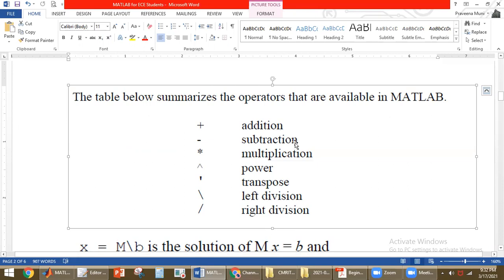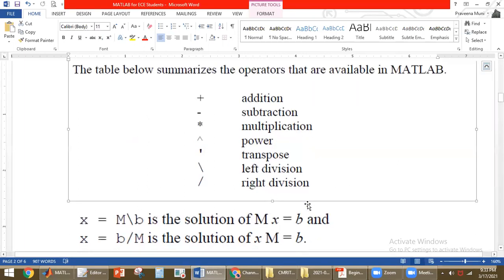Similarly, to perform subtraction, the matrices should have the same size. Whenever we are performing multiplication, the matrix inner dimensions should be the same. Otherwise, you cannot perform multiplication. Then we can also obtain the power of a matrix, and the transpose. Transpose is nothing but converting row elements into column elements and column elements into row elements. Then we can also perform left division and right division. These are the set of operations that can be performed on a matrix.